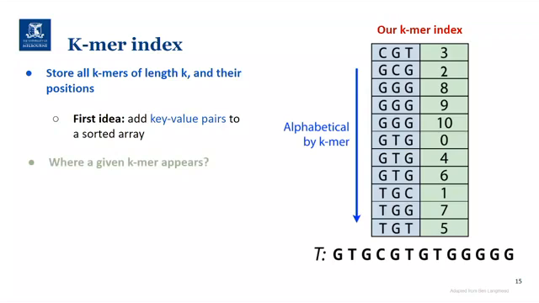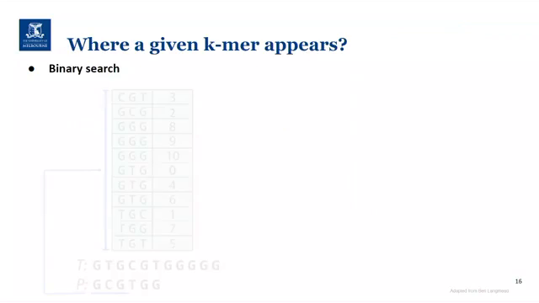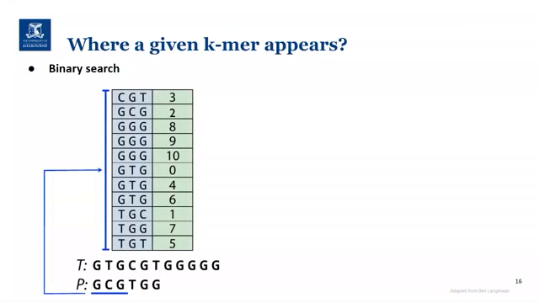And then we can ask the questions where a given k-mer appears. So just to exemplify how binary search would work, it would work as follows. Let's say we have our database of sequences, and we created the index for it, and we have a query sequence, and we want to ask the question, does GCG appear here, and where, and how can we find